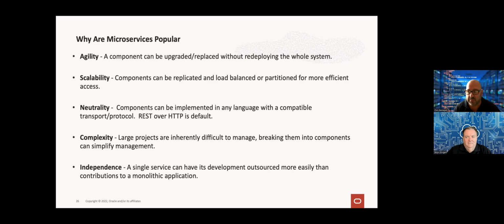It does take away the complexity, but it can introduce some complexity as well. As I said, it's not always clear cut that moving to microservices will actually make things a lot easier for you. It can add some complexity. So at the end of the day, you always need to design and plan these things correctly.